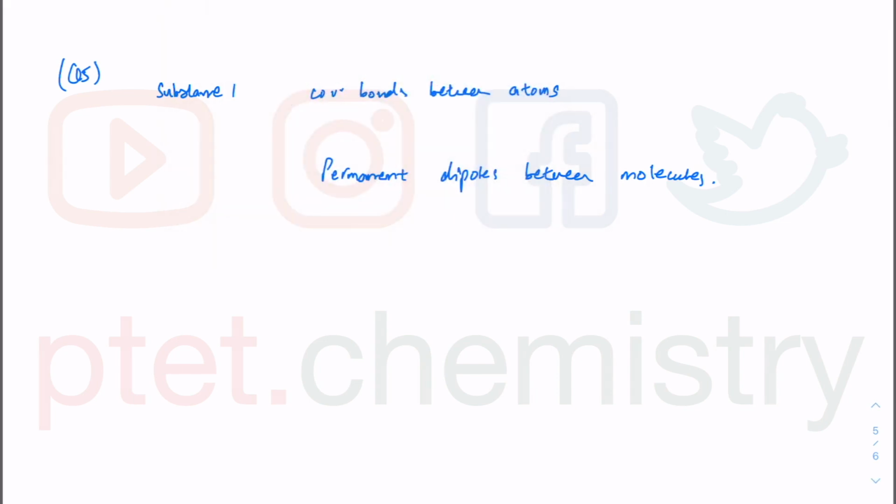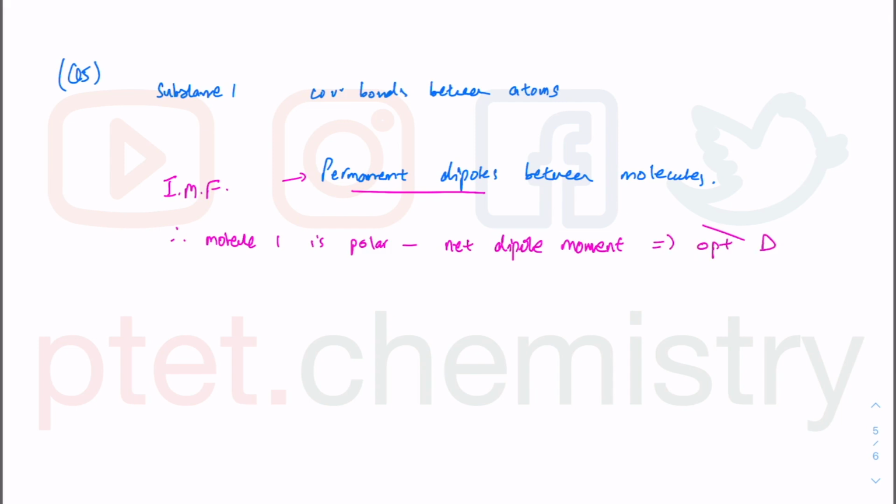So this permanent dipole is what you call intermolecular forces. And the fact that you have permanent dipole, therefore the molecule is polar. So there is a net dipole moment. So this is the AS concept, net dipole moment, because the dipoles do not cancel out. If you look at the options, I can tell you that option D is out because CH4 is non-polar,